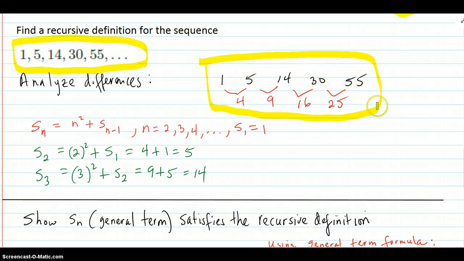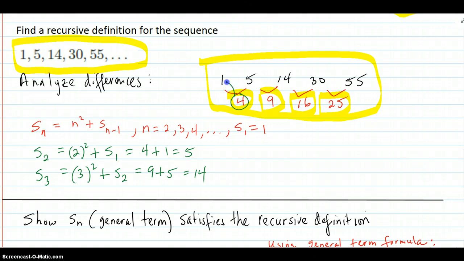That doesn't seem to be yielding much, but the differences do. 5 minus 1 is 4, 14 minus 5 is 9, 30 minus 14 is 16, 55 minus 30, 25. And those are squares, perfect squares. So it looks like if you add a perfect square